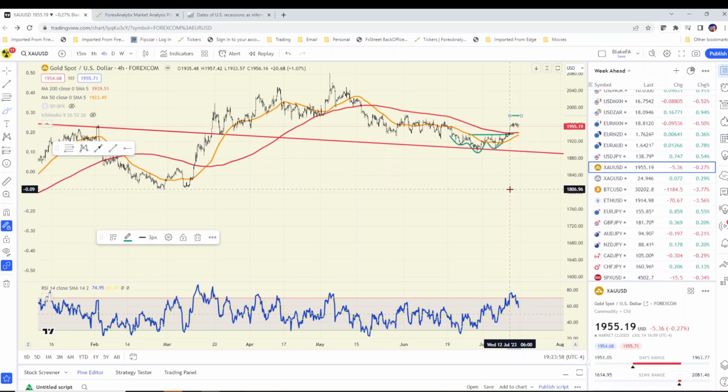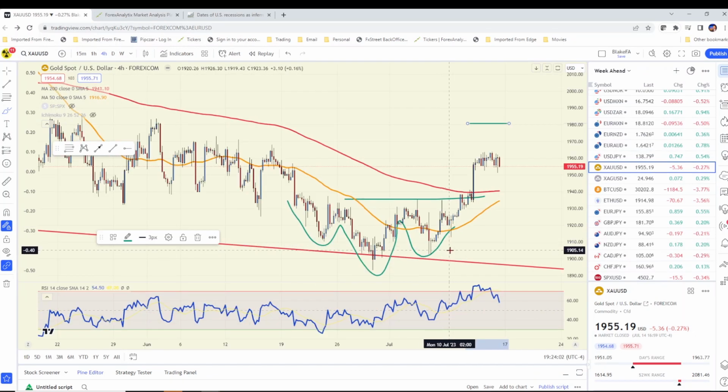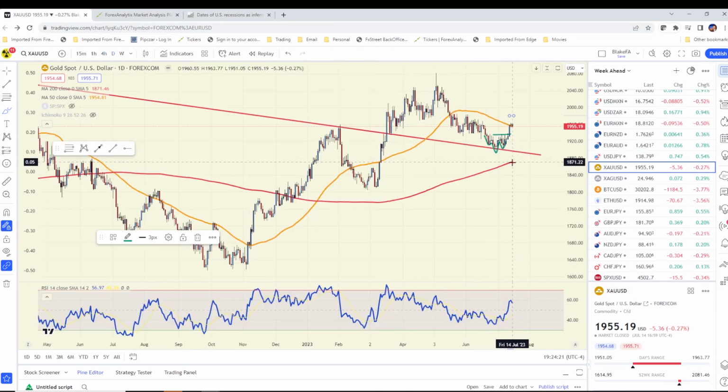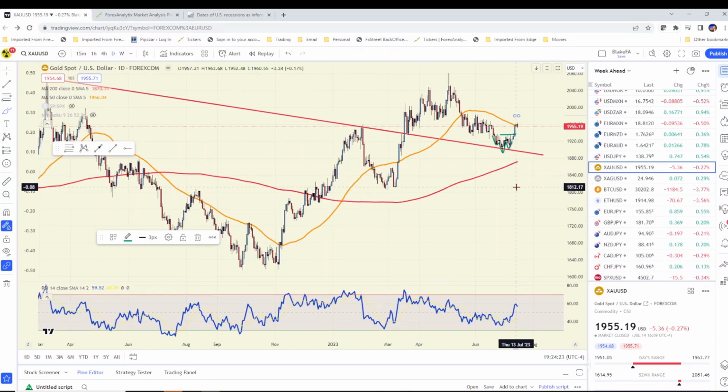But with the dollar as weak as it is, I'm worried that gold hasn't responded. And if the dollar really starts to recover this week, let's say equities come under pressure, maybe yields start to move and the dollar gets a snapback rally, if you're long gold, you need to be really careful. I think if gold gets back below 1900, that's going to be a very bearish event for the gold market. So nothing to worry about right now if you're long gold. It's just something you should really be paying attention to.